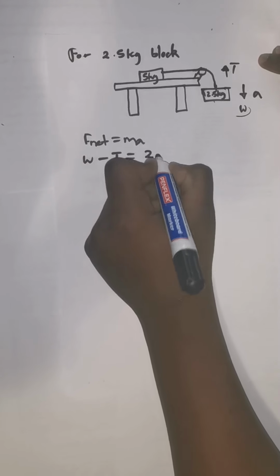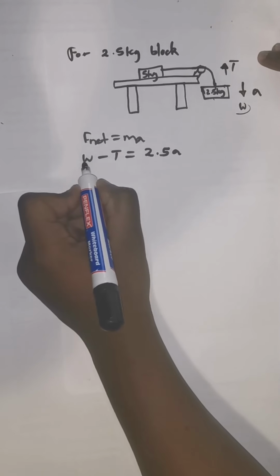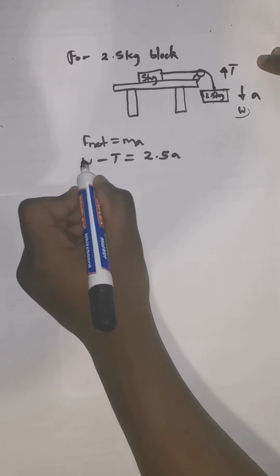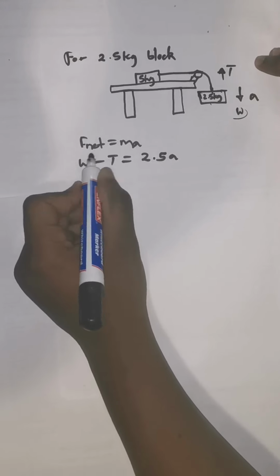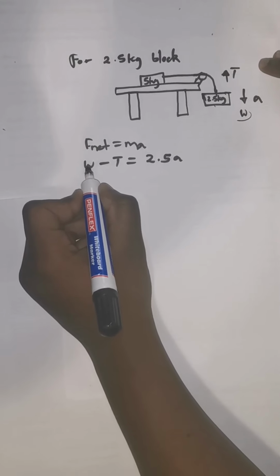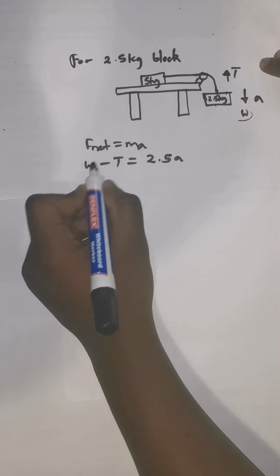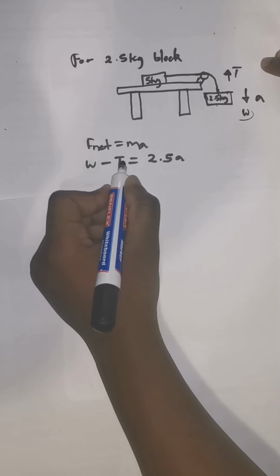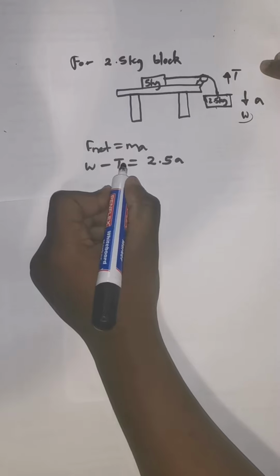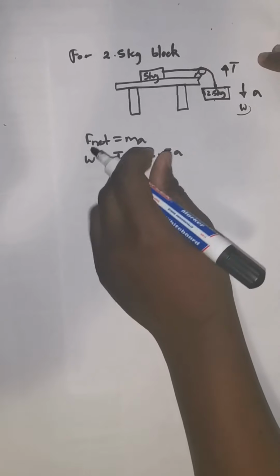M is the mass, so 2.5a. This is very important, right? Determining which one should come first matters, because if you put it the wrong way, then remember, since I'm saying the weight is greater than the tension, we're going to get a positive value. But if you put the tension over there and the weight on this side, then you're going to have a negative value, and it wouldn't match with